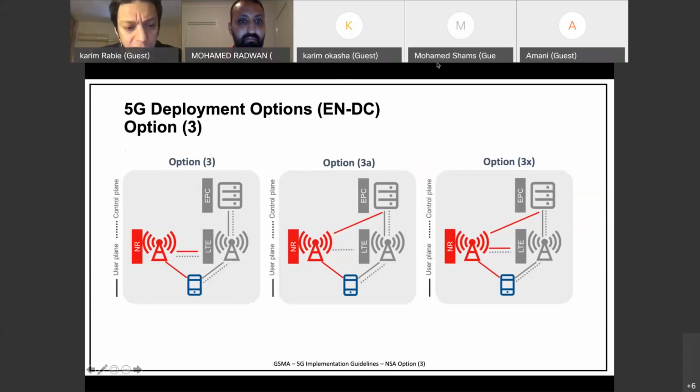Let me first try to read what the title is here. So it's called ENDC. Okay, so E stands for eRAN, and N is the new radio, and DC stands for dual connectivity. So it's eRAN, new radio or new RAN, dual connectivity. This means that simply, that's it. By the way, this is the terminology of the 5G, of the 3GPP. Okay, so this means that there's a dual connectivity.